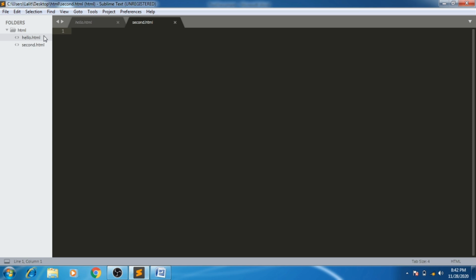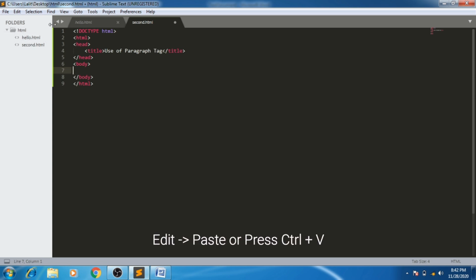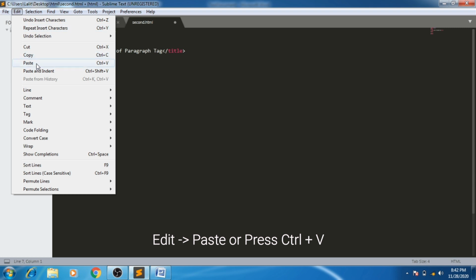Now write the HTML basic code in body tag. Paste that paragraph by pressing Ctrl V or select Edit Paste option